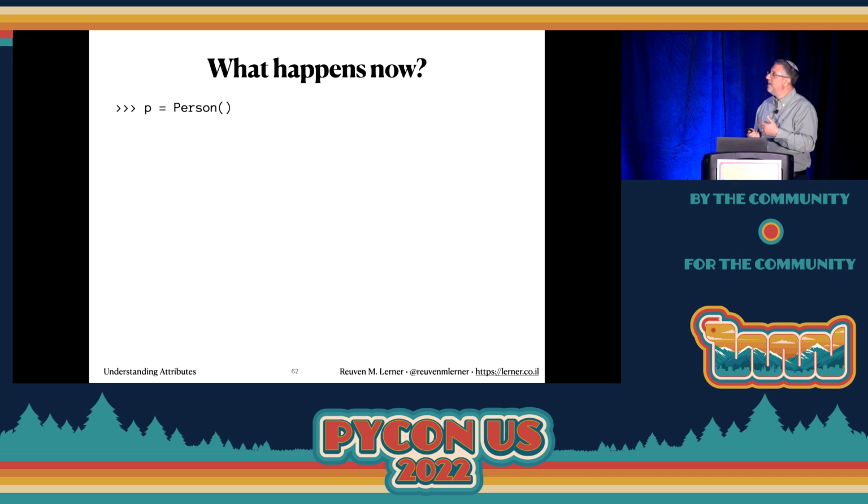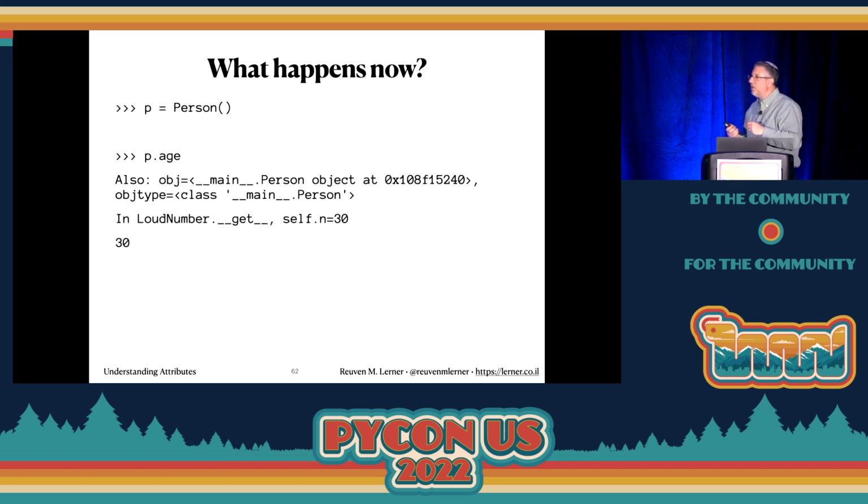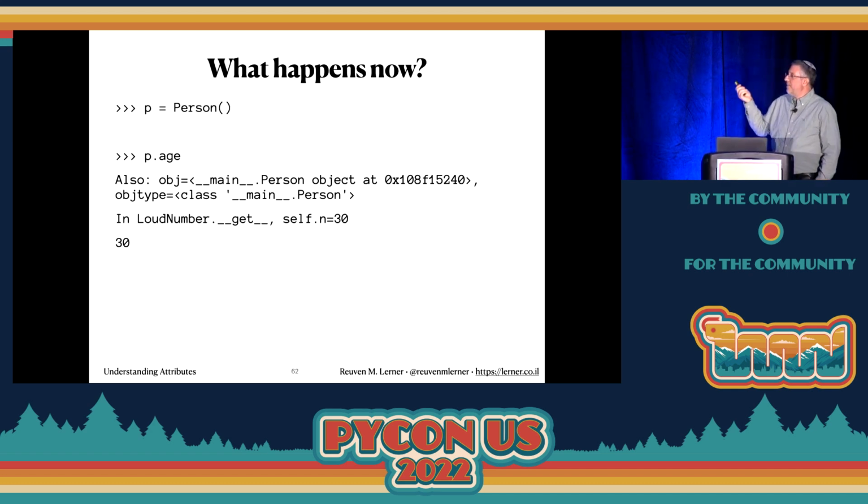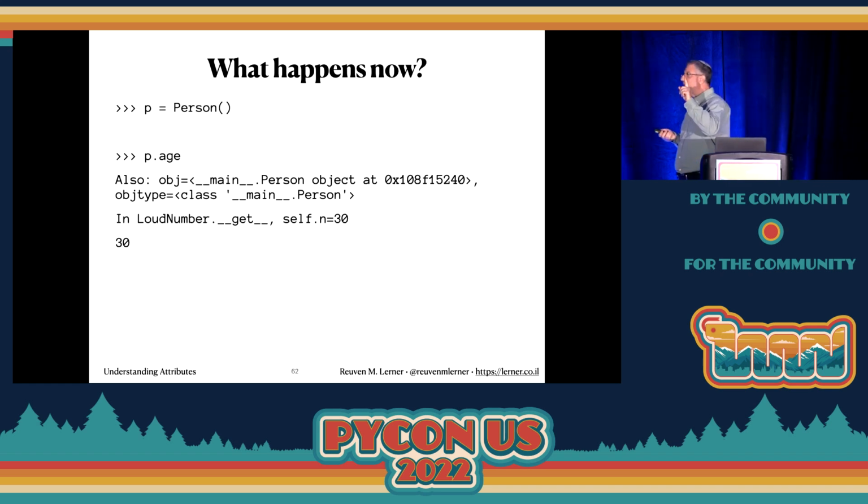And now I say p equals person, a new instance, and I say p.age. And look at what I get in my printout. It says obj is an instance of person. Well, that's true. I accessed age via the instance of person p. And the obj type is person, the class person. So what we know is, like p.age, it invoked dunder get, and dunder get knows on which instance and from